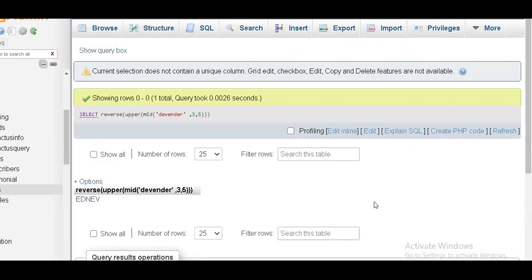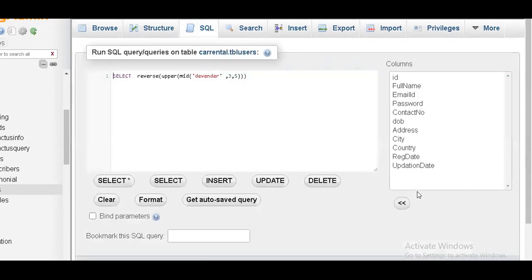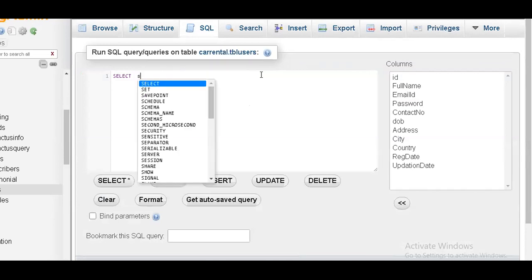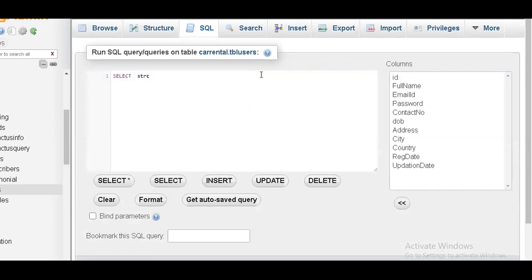Okay. Then what else is left out? All the functions I will cover. Sir, string compare. Yeah, compare is left out, no? Okay. So we'll go for the string compare. I'll compare small abc, whether this is equal to capital ABC. So we'll see whether it is working or not.